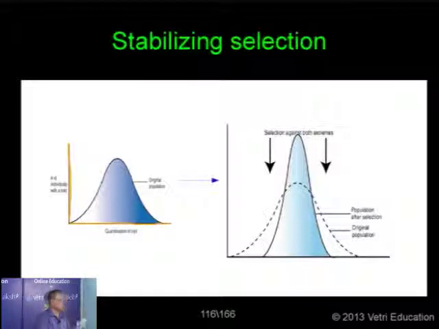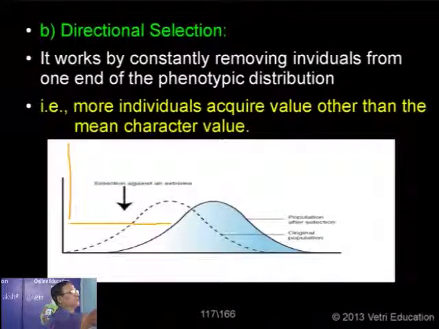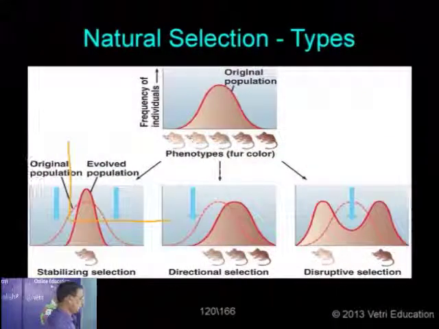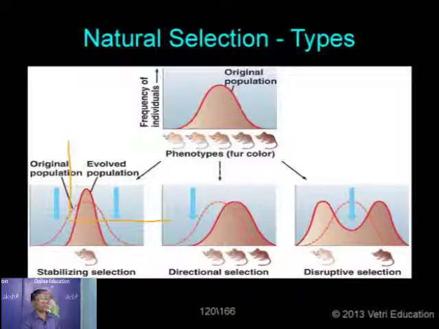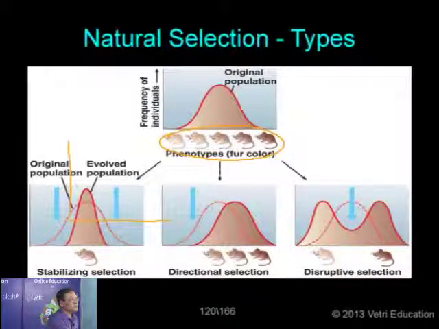Okay, so suppose let's take the size of the body. We have 3 different types of individuals. Now I am taking the phenotype fur color here. This is the original population. So here I represented 5 different types of rats showing the fur color. Now this is the light shaded one. This is what is called the dark shaded. So these are all found at the extremities. Now this is the mean value. We have somewhat intermediate fur color.